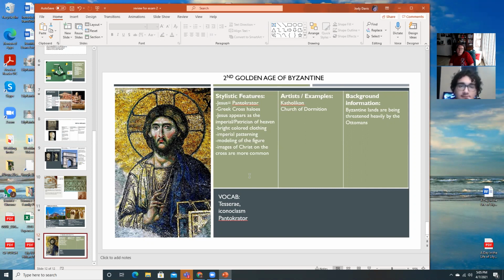We change from plain halos that are disc-like in shape to ones that have these crosses behind them. This is the Greek cross. The Greek cross has the nave and the transept crossing being the same length. That is the difference. It's why Greek churches tend to be Byzantine in style. They tend to have a rounder look, whereas the Roman churches tend to be basilica in style.